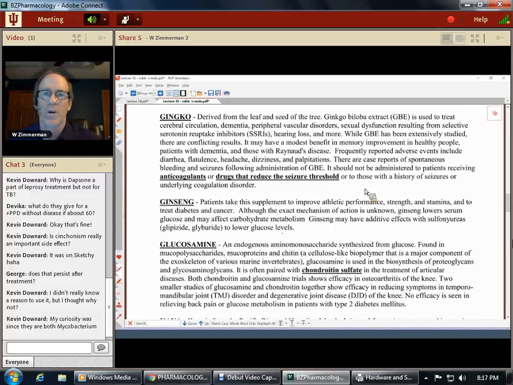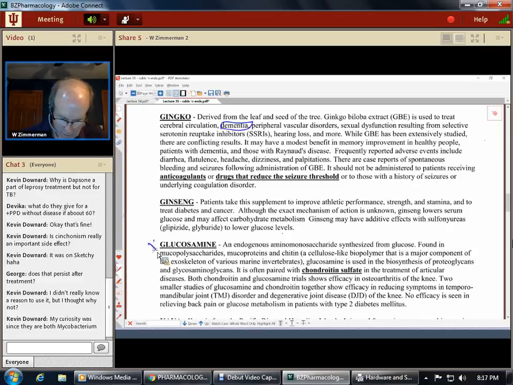But using ginkgo for dementia, it's like, oh my goodness, do you know how hard it is to treat a neurological disease like dementia? And what we found here was not very effective. Some of the ones that do work,